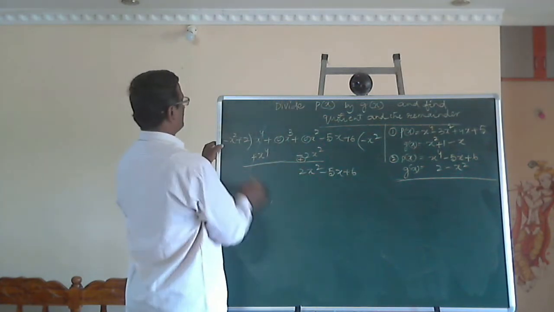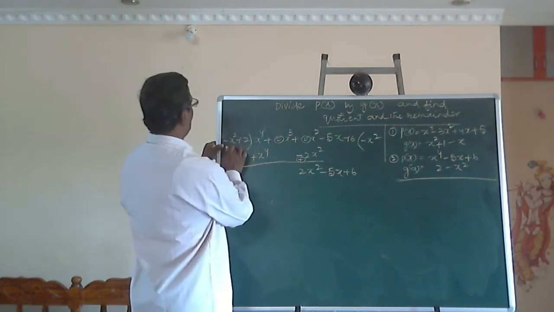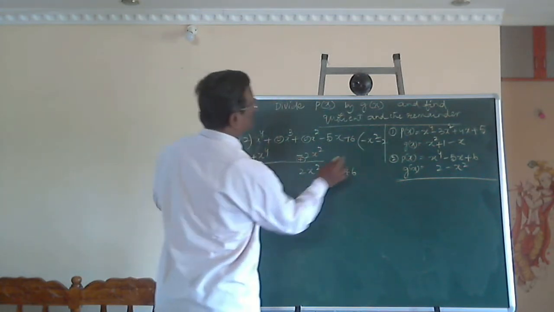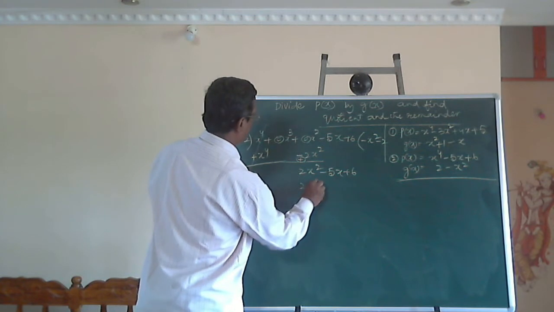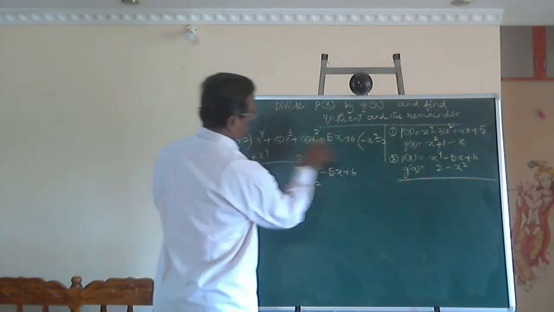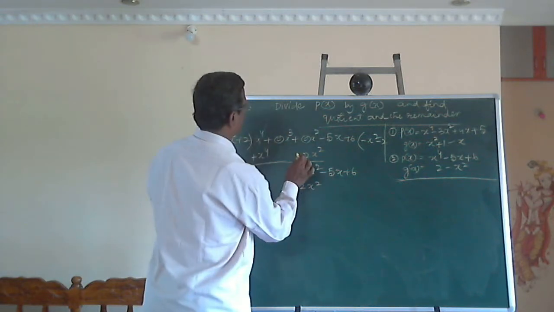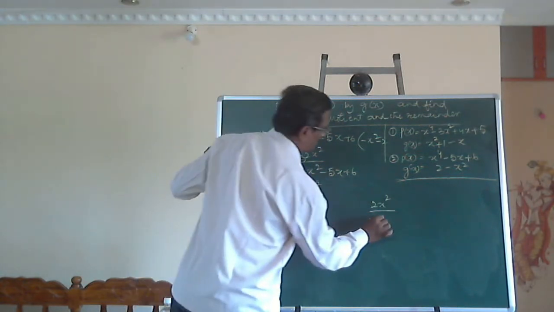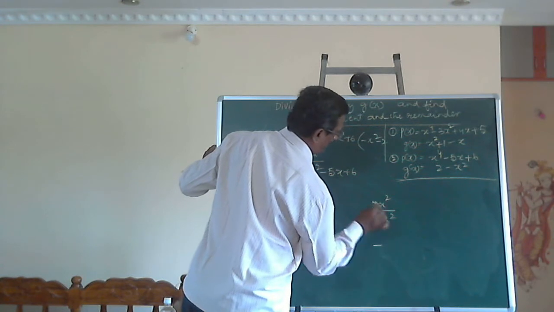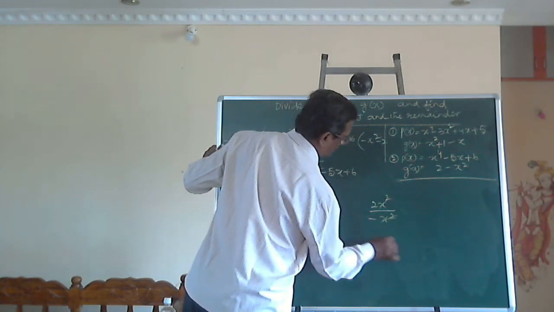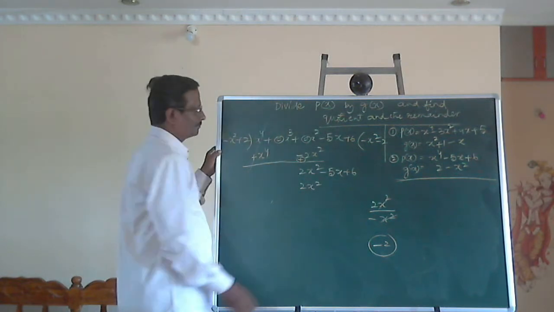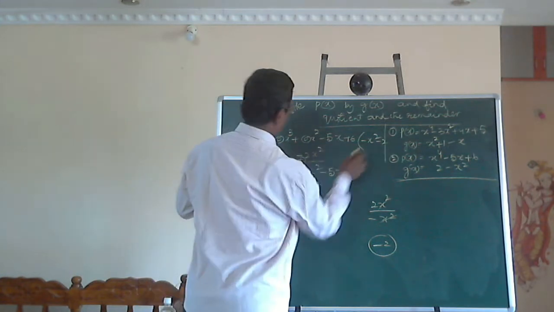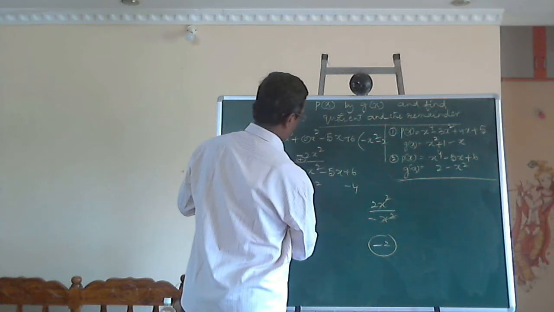To get minus 2x square, now to get 2x square, it should be multiplied by minus 2. Minus x square into minus 2 is plus 2x square. Minus into minus plus, x square as it is. Or else you do like this, 2x square is the required, and here we have minus x square, plus by minus is a minus, x square cancel, minus 2. The same minus 2 has come here. Now minus x square into minus 2 is a plus x square. 2 into minus 2 is minus 4.